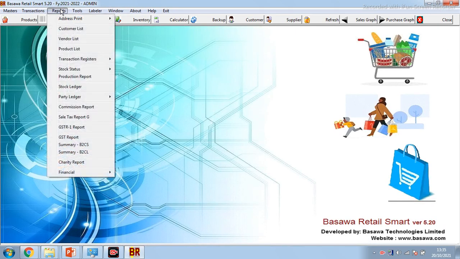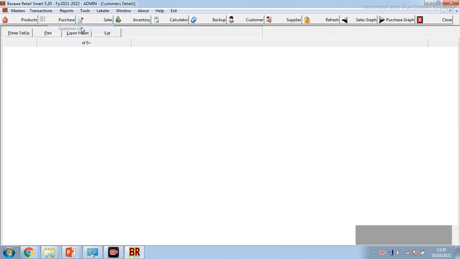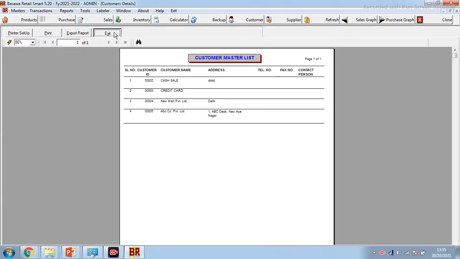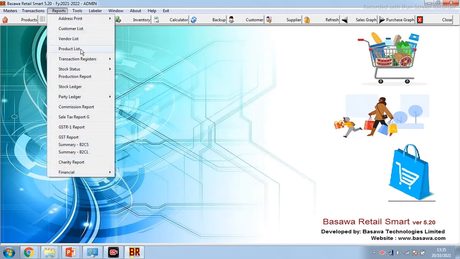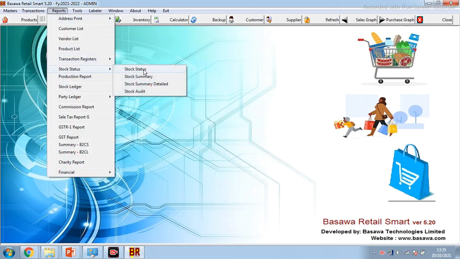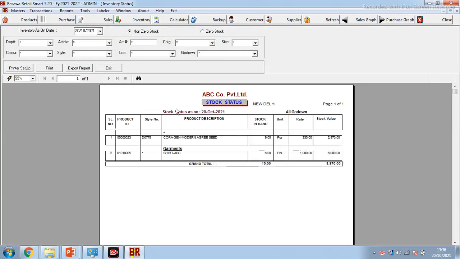In reports, various types of reports are available. Customer list, then view customer list, vendor list, product list, and stock status report. There are various filters: department, article, category, size, color.